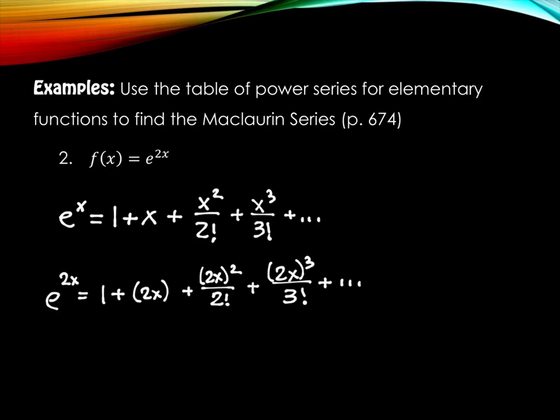And the end result, also in that table, tells you that the summation from n equals 0 to infinity is supposed to be x to the n. So now ours is 2x to the n, still over n factorial. So using this table is a really direct thing, right? All we need to do is change whatever's different, we need to make an adjustment to accommodate for it. And then we are finished with that. Okay? Any questions? Okay,